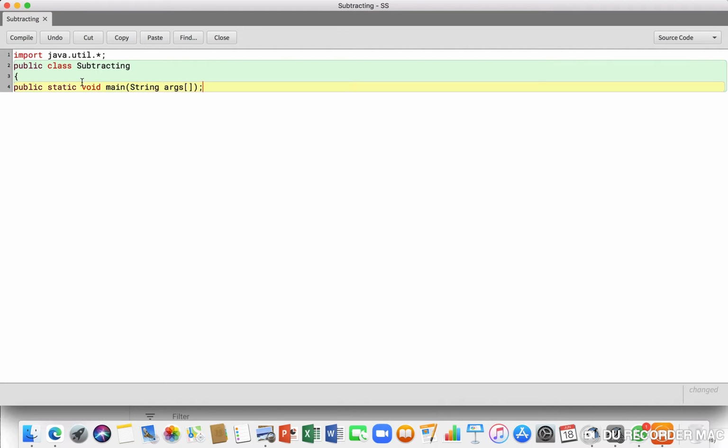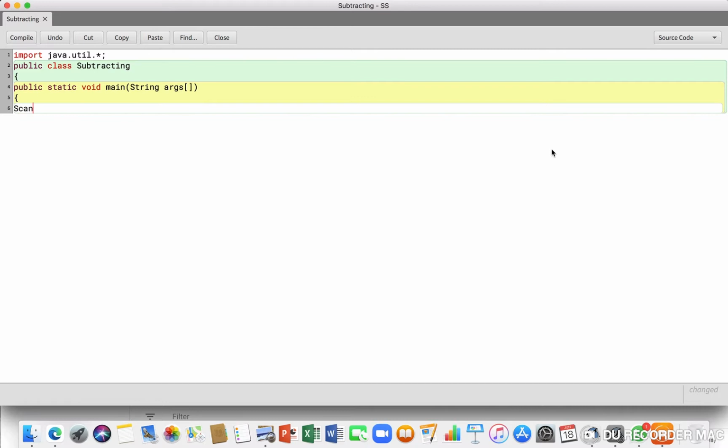Okay, so now if you want to change the formatting, you can use command shift I. It will convert into the official format, as you can see. However, it is easy to program it in an aligned way, and then use command shift I to convert it. You can choose whichever you prefer. I am using this. So I've written public static void main string args, and then I have to use again this curly bracket,